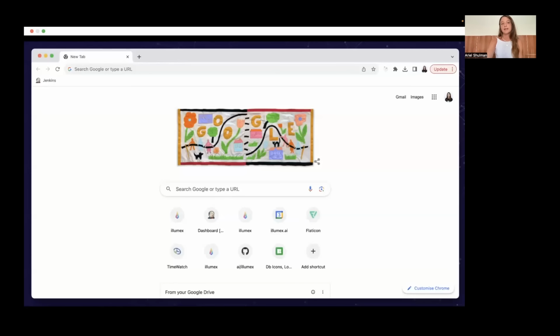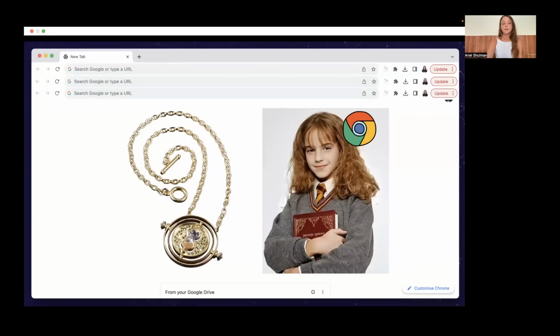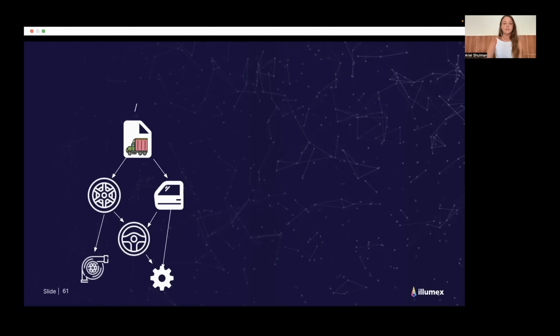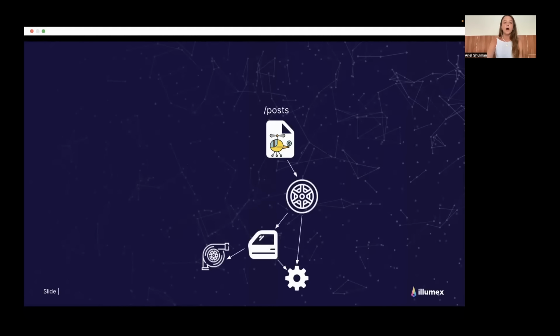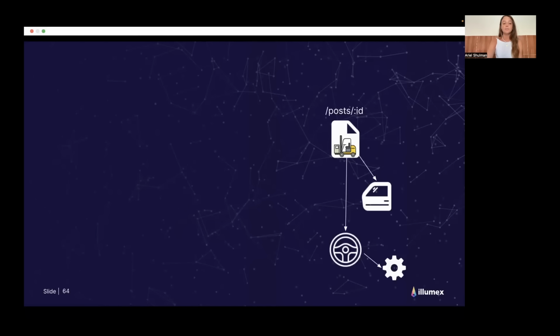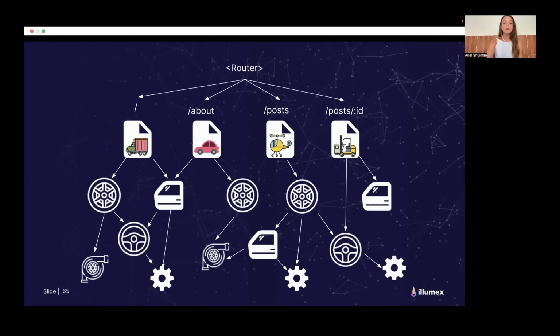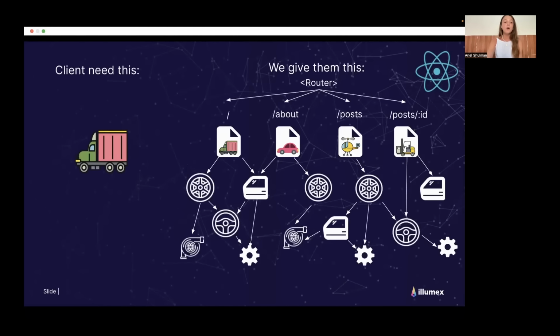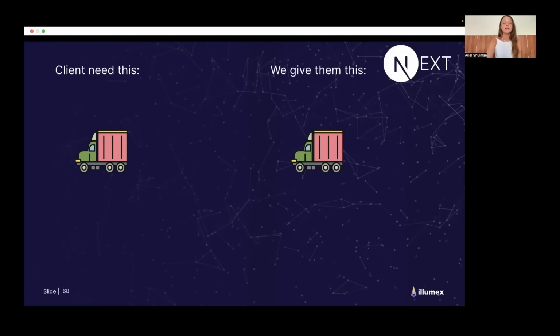And the reason for that is that your browser looks like this, not like this and not like this, and it does not have a time turner. Your browser only looks like this, which means that in any given point in time, your client only needs one part of the application, only one page. And what do we do? We couple it all up into one component. And when the client needs one car, we're not only telling him, go build your own car, we're telling him, go build all of the cars in the application. And we don't need to do this anymore because we could just be giving them cars and telling them to put petrol if they need.